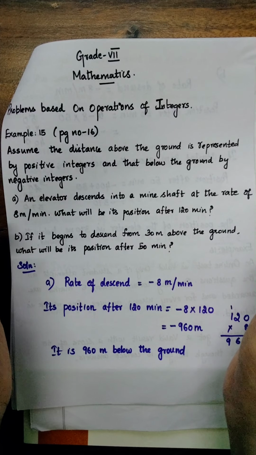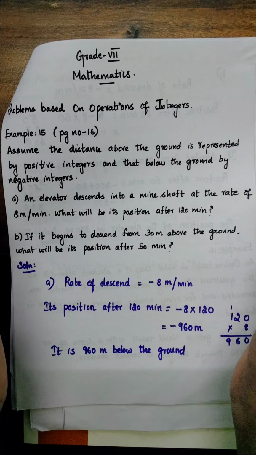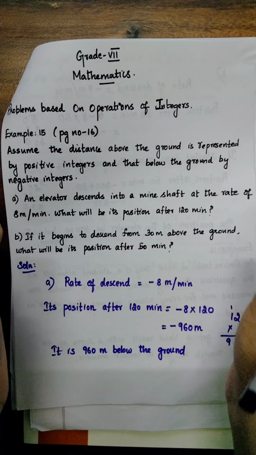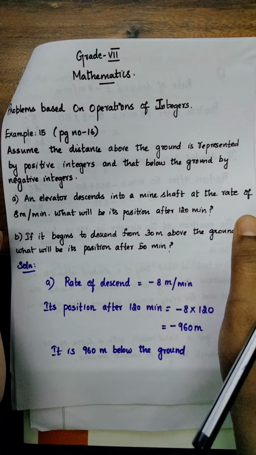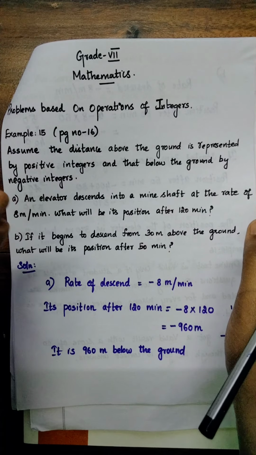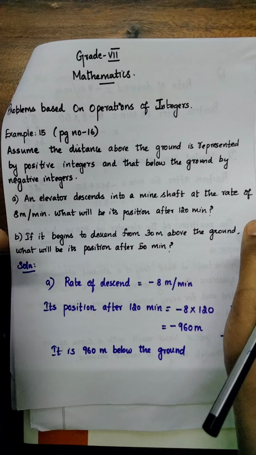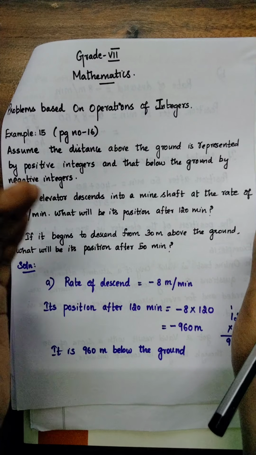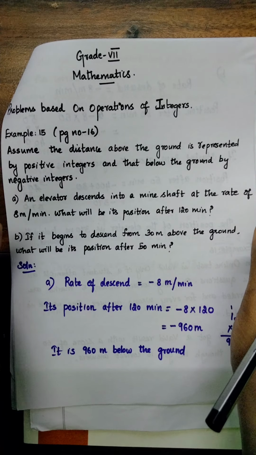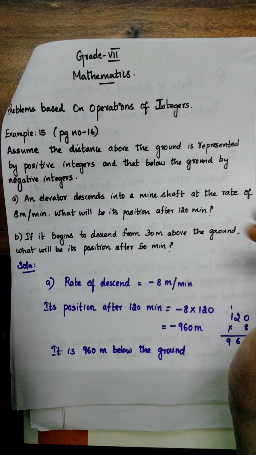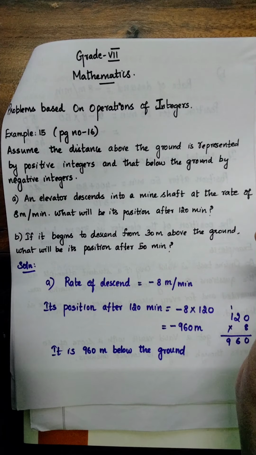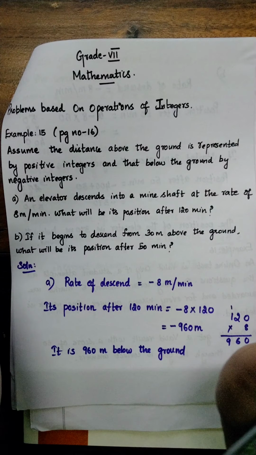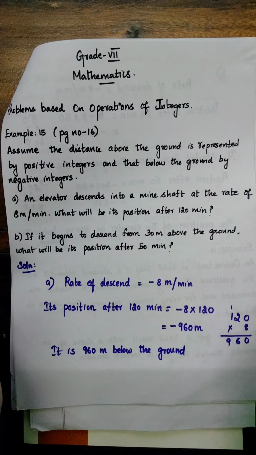Okay, students, last week we revised some of the portion, right? This week also we are going to revise the remaining portions. Last week we revised properties of addition, properties of subtraction, properties of division, and properties of multiplication. These four we revised last week. Today we are going to revise the problems based on operation of integers, that is, application based problems. Today and Friday we are going to revise all these problems.